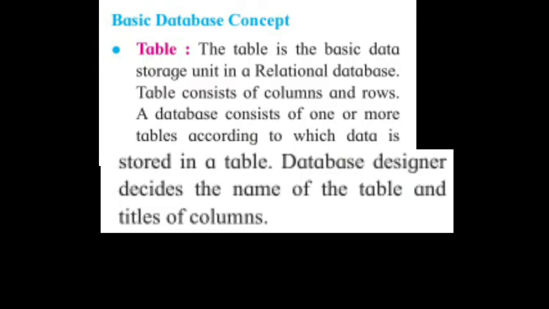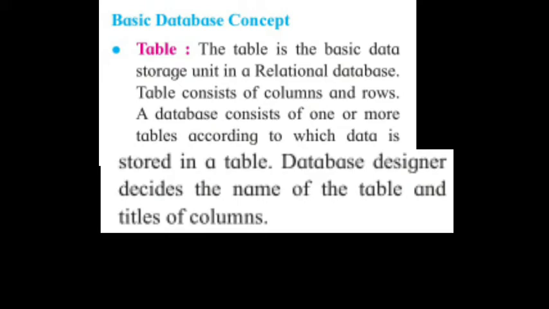Now guys, the important thing related to database concepts is the table. What do we mean by table? A table is nothing but a collection of various records. A table consists of rows as well as columns, but from the database point of view we term a row a record. All the data stored within that table in row-wise form, we call record form. So we can easily access that data in a row-wise manner.